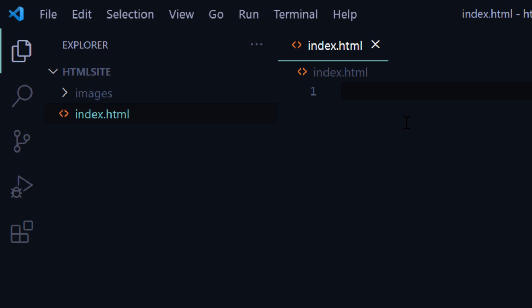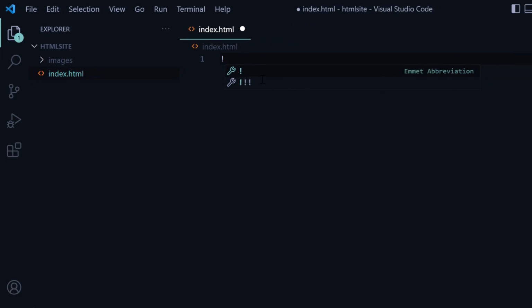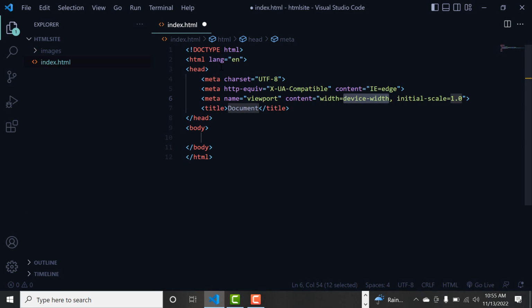Okay, and afterwards here is a quick tip for you. If you are not familiar with it, inside VS Code, if you write this exclamation mark and press enter, VS Code will write all the boilerplate code of HTML5 for you. So I think it's a good trick. So if you want, you can obviously use it in your next project. So here I am going to name my website Ammar's Restaurant,